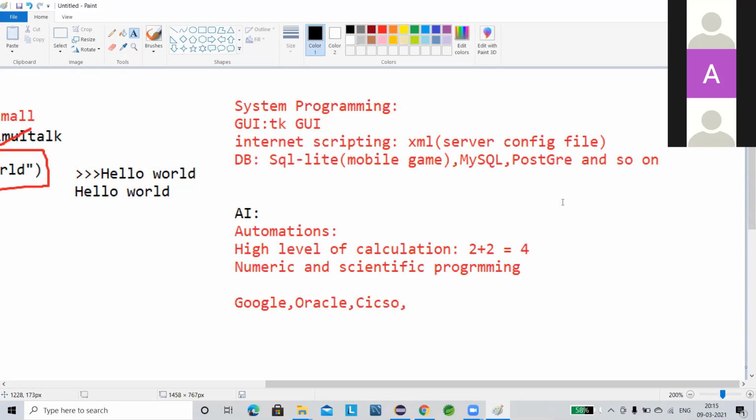So the main point is, Python is free, it is open source software, and it is portable. So how does it become portable, let me show you. Okay, any question guys, everyone?